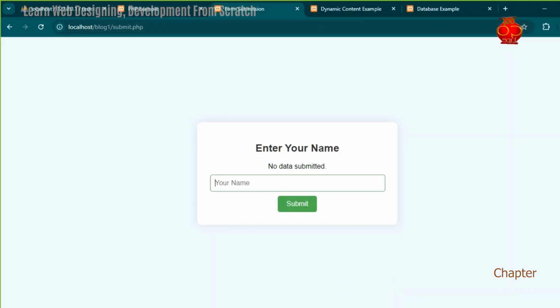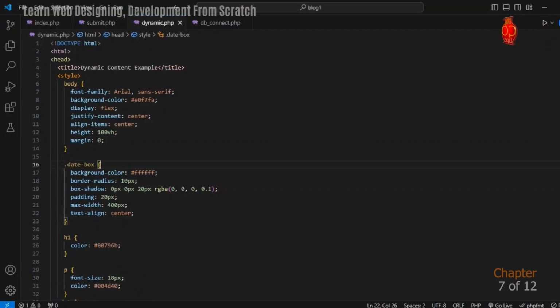In this second output, we see how PHP is commonly utilized to handle form data submitted by users. When a user fills out a form and hits Submit, the data is sent to a PHP script for processing. This allows us to capture and manage user inputs, enabling features like user registration, login, and more dynamic interactions on